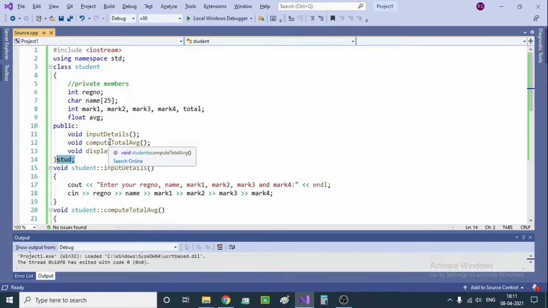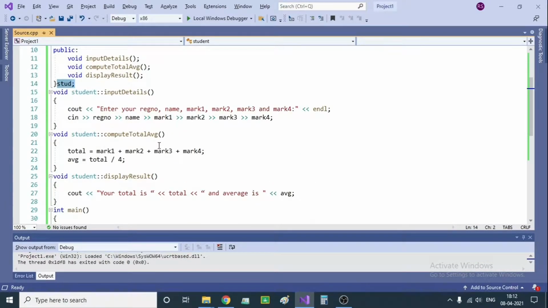Each time we can input the details of one student at a time, but that is not an ideal implementation. So what is needed is that I should be able to hold multiple records of more than one student at a time, and also get the inputs and calculate the results for each student. So we can easily modify this program to be more capable of handling multiple student details. For that, what is a basic requirement?